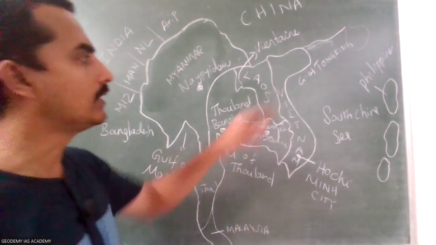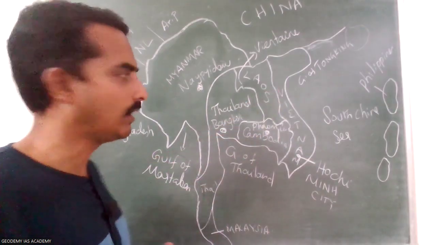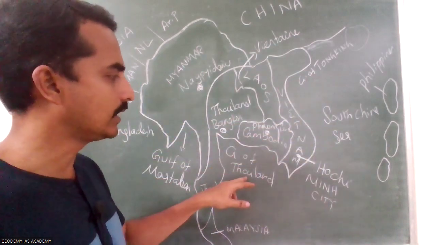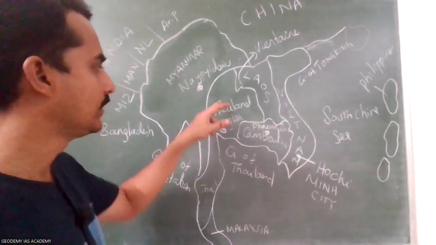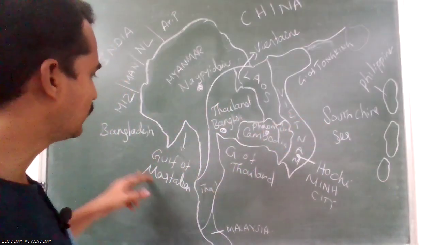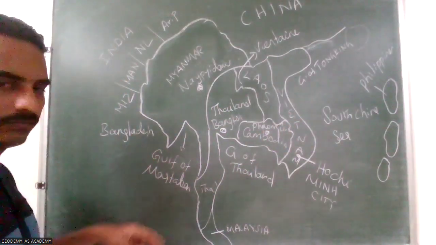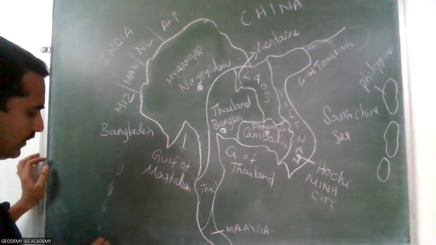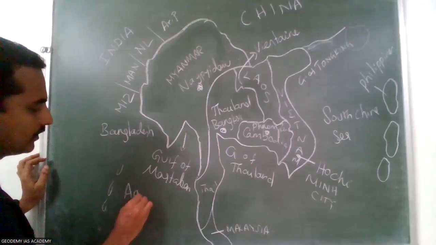Okay. And Laos is the only landlocked country in this region. All other countries have border with the sea part. Cambodia here, Gulf of Thailand, South China Sea, Vietnam, and Thailand here, and Myanmar here, Andaman Sea and the Gulf of Martaban. And here the Andaman Sea is located. Andaman Islands are here. Andaman Nicobar, and it is Andaman Sea.